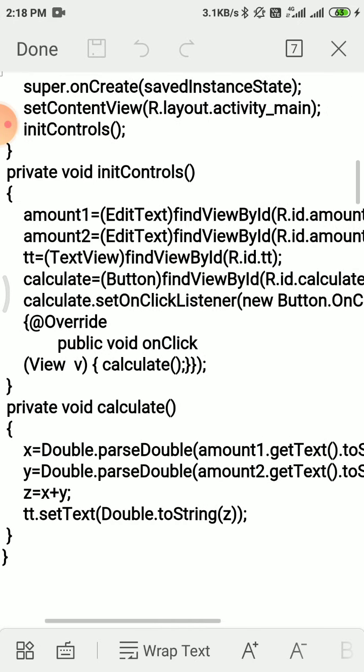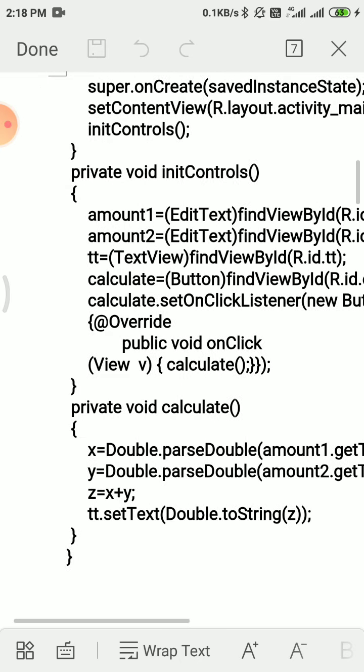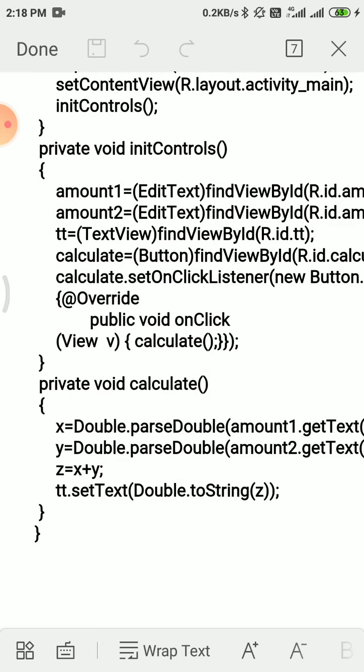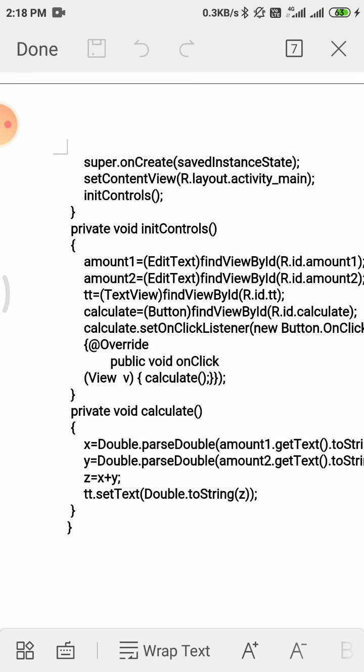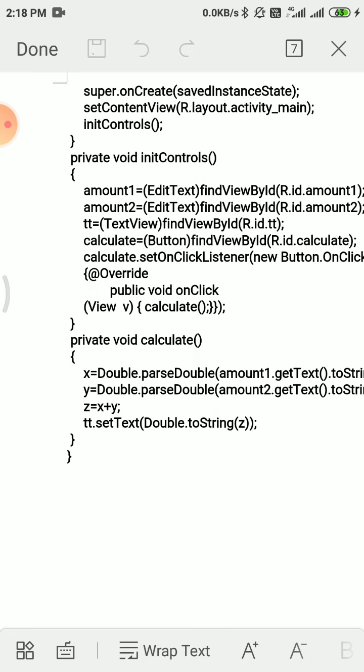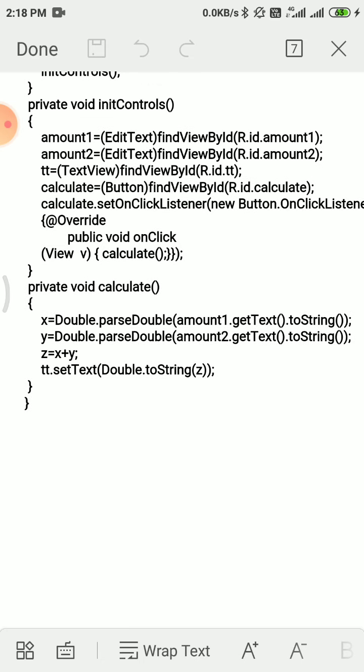As I have already told you, amount1 is for storing the first number. The TextView tt is found by its id. And calculate.setOnClickListener is the method that runs once you click on the button known as add. After clicking on the add button, the calculate method is called.